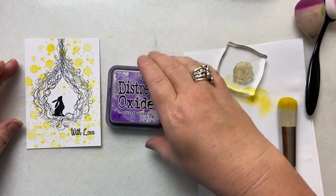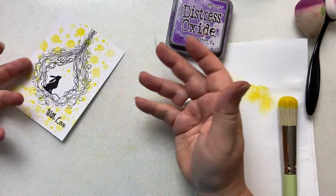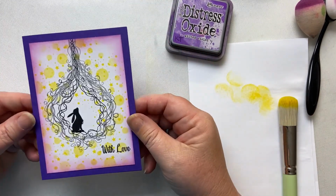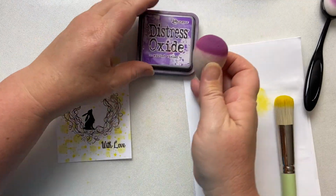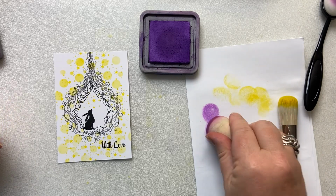Then Wilted Violet. Now I've chosen this colour. You can use any colour because you can see now you can change it so that you get a harmonious blend, or as I've done, giving you a complete contrast so that it's super bright. I'm going to take my smoothie, pop it in here,